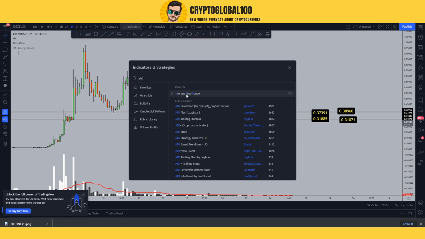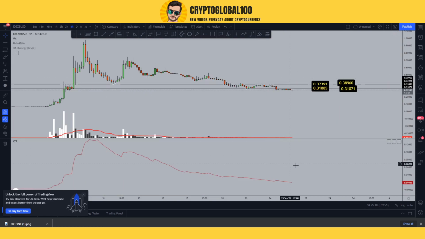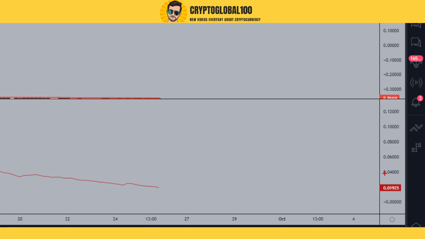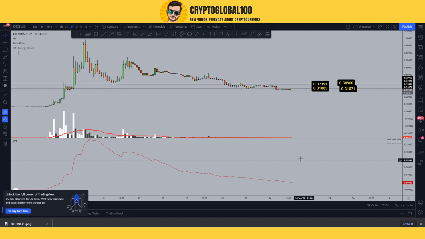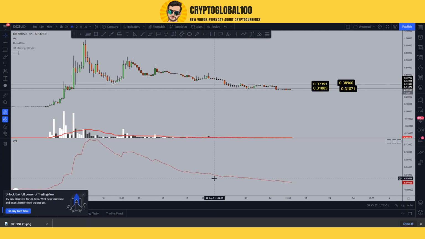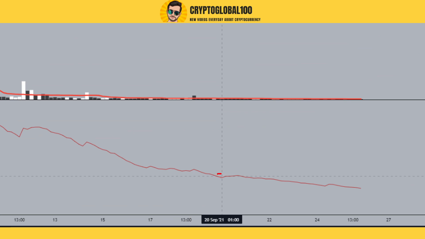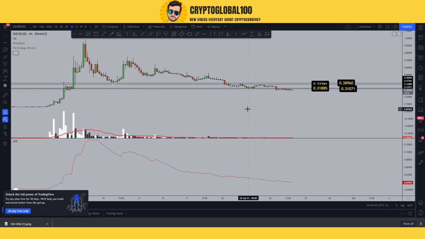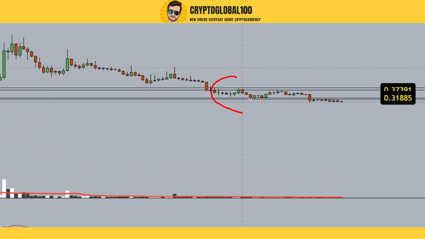Let's try to find out the average true range. We can get the idea. Now you can take a look here. The average right now is 0.019. This is only the movement of the candles, and you can clearly see the movement has been in the range of 0.3, from almost 20 September up till now. The range is very minimum, very small.